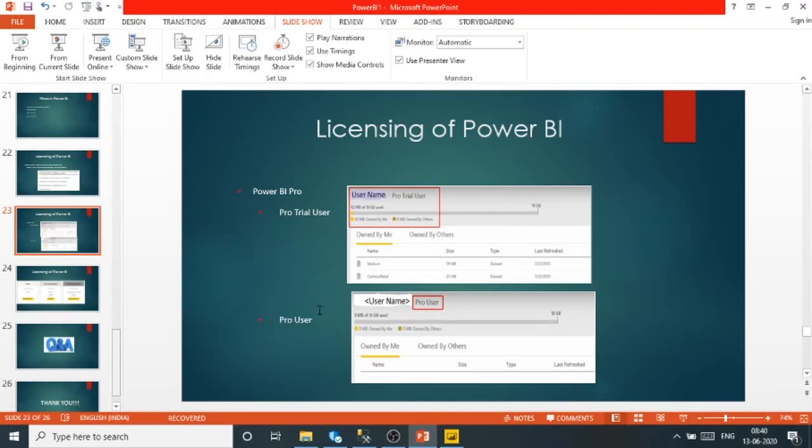And then Power BI capacity, Power BI Premium. Power BI Premium is as per the plan. Power BI Premium means your organization is purchasing Power BI Premium, and your organization will allocate space and capacity to you. Like if your organization has allocated 100 GB to you, then you can use up to 100 GB. So this is Power BI Premium. Power BI Premium can be divided into different clusters, and on different clusters, multiple users can work at the same time.